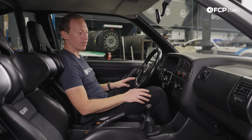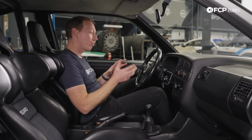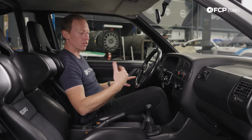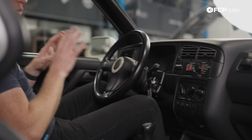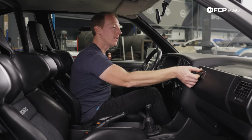The ABS is defeatable. That would probably have been something they would have utilized for rallying, or perhaps it's just something that's for this particular prototype. That does allow you to turn the ABS on and off if necessary. The last little cool feature about the interior that I never knew about until now is that when you open